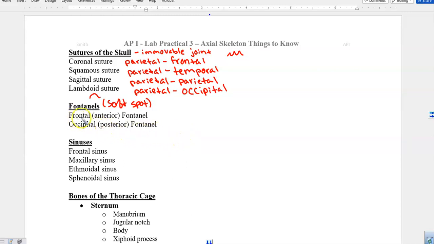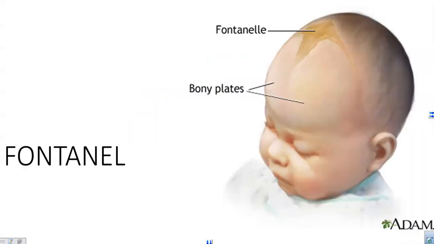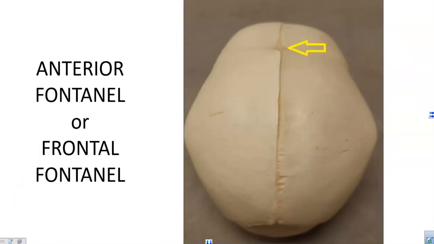And so let's see if this makes sense. You have one that's the frontal fontanelle and one that's going to be called the occipital fontanelle. There are others, but most of them have grown in by the time the baby is born. Or you can use the word anterior and posterior, so the one in the front, the one in the back. So here we're looking at a fontanelle, and it can be spelt this way as well, so both are acceptable. So this is the soft spot. This one would be the anterior or the frontal fontanelle, and the one back in the back